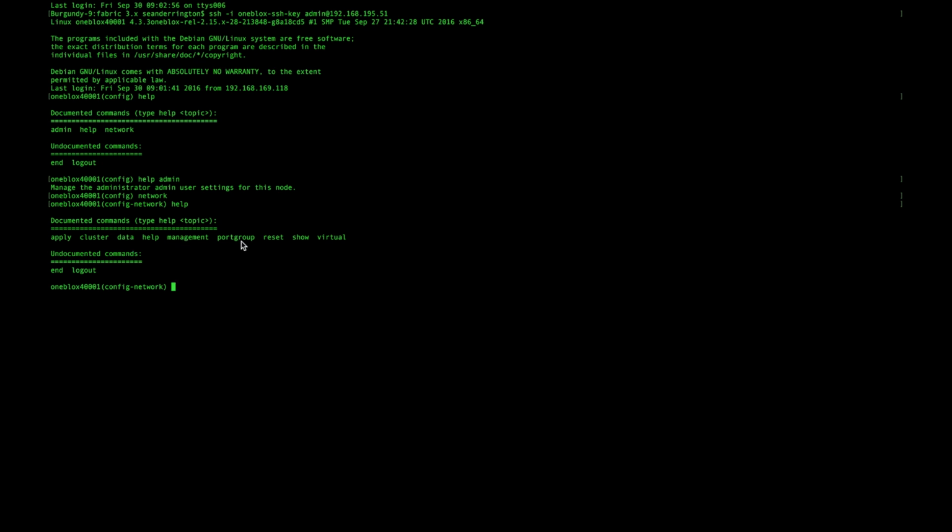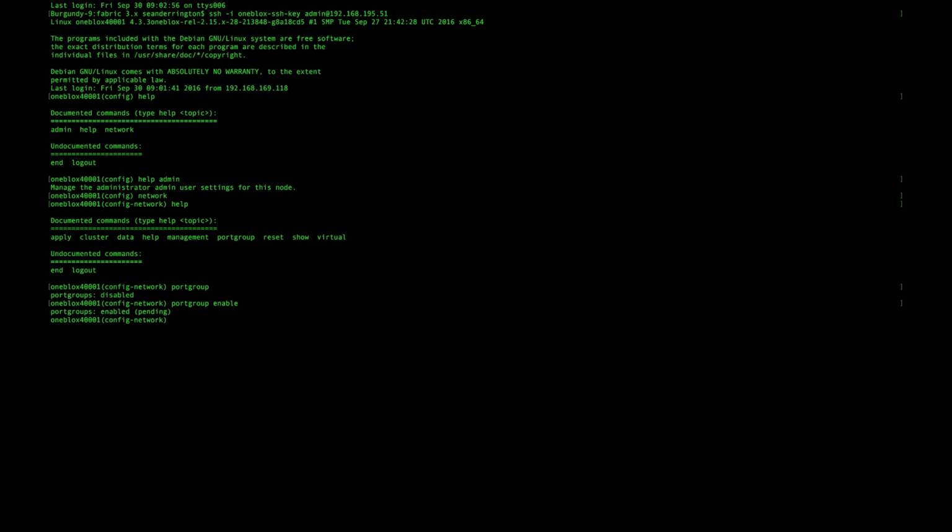Port groups is how you enable or disable this function, as well as if you want to set up VLAN tagging for cluster traffic, as well as the virtual IP address. In this case, we're going to focus on the port groups. So I'm going to tab ahead, and you can do tab as well as up and down arrows. And you can see that currently I have port groups disabled. So I'm going to go ahead and enable